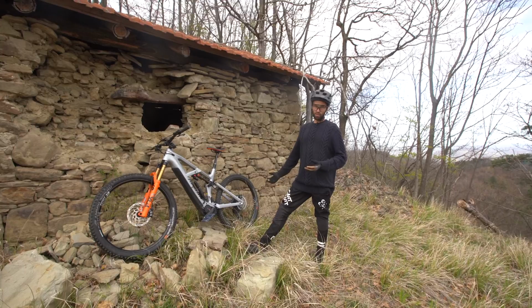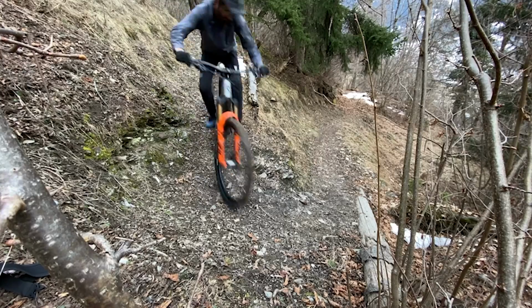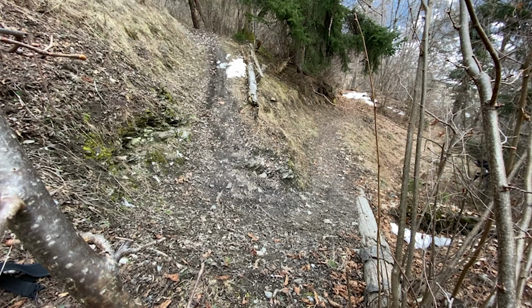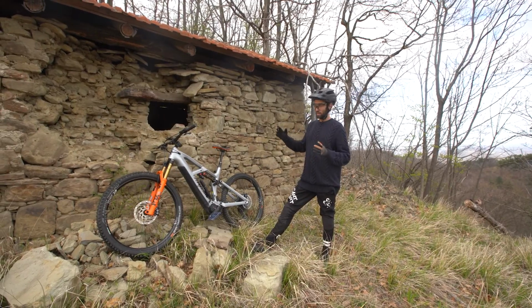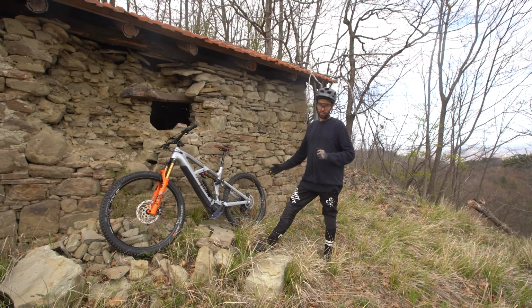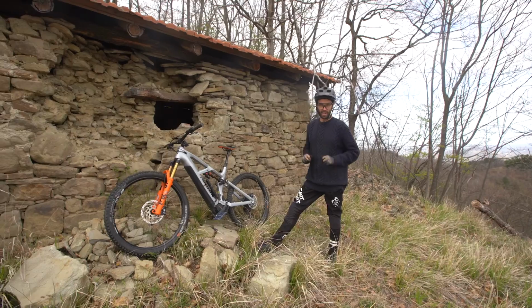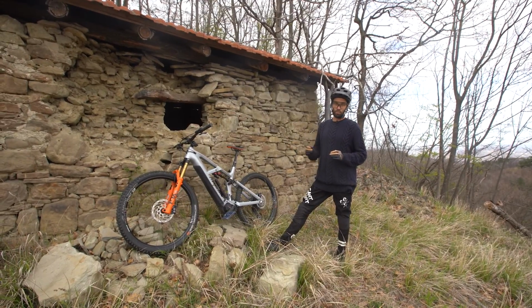I also bent the rear rotor on a big Swiss rock somewhere. And I hate having brake mounts to get bigger rotor sizes. I think the caliper should be bolted directly to the frame. So we chose a 180 rotor, now the caliper's bolted directly to the frame and that little niggling issue is sorted. So far that's all the tuning we've done to this bike, but there's a lot more tuning to come